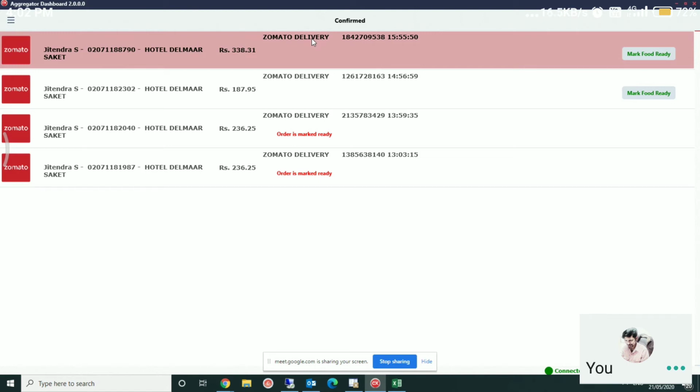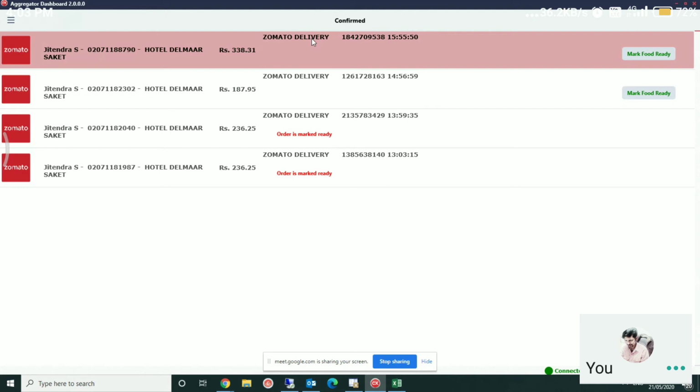But if you are into the hybrid model and even if the Zomato riders are not available, they don't turn off your restaurant on the portal. They accept the order from the customer and they send the order as a self delivery order. In a self delivery order, it is the restaurant who will be delivering the order to the customer. If the commission they charge for a regular order delivered by Zomato is, for example, 18%, then for a self delivery order in the hybrid model they may charge around 12% or 13%, so the percentage is different.